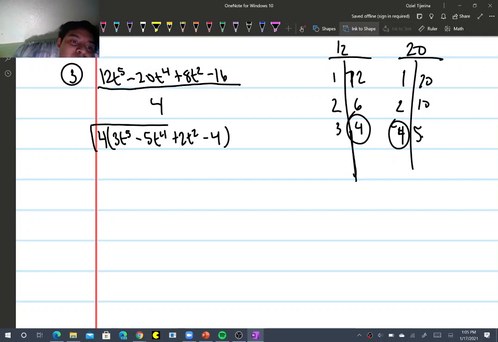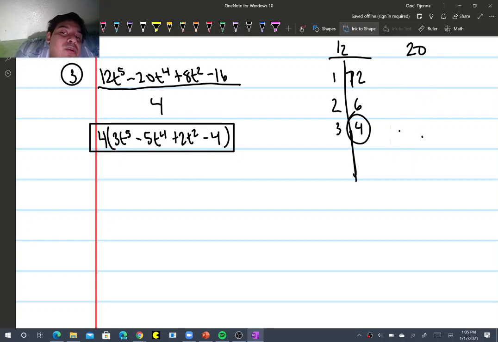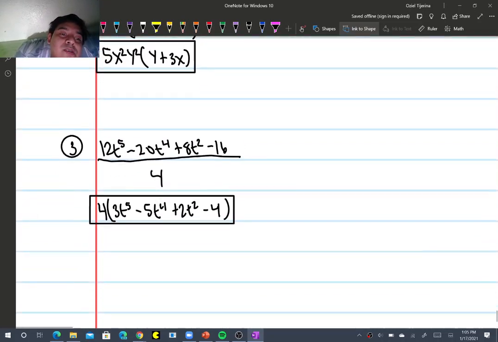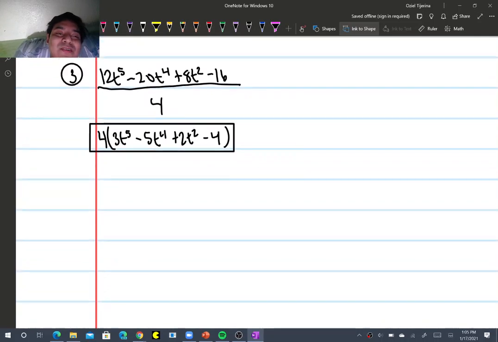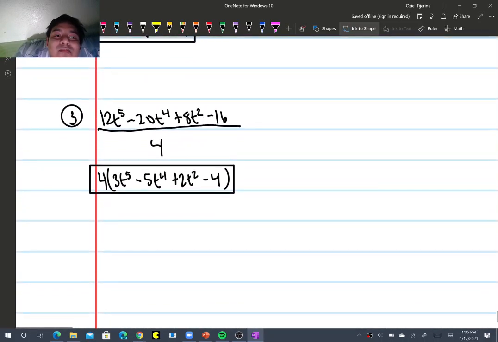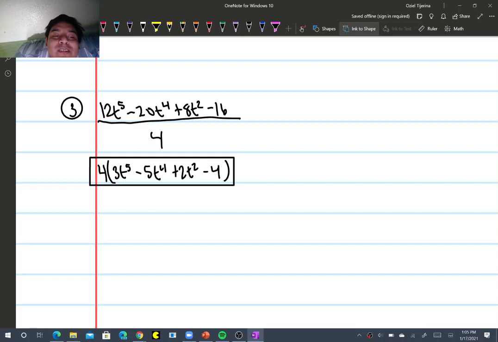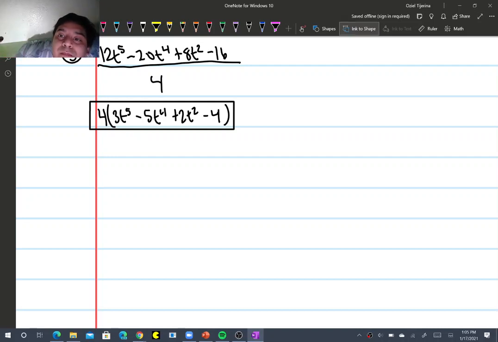And this would be your final answer. You can't actually factor by grouping because that's not possible for this one. And yes, there are polynomials which you can factor by grouping, but most of the polynomials that you get, it's going to be hard to find a common factor. So, for number 4,